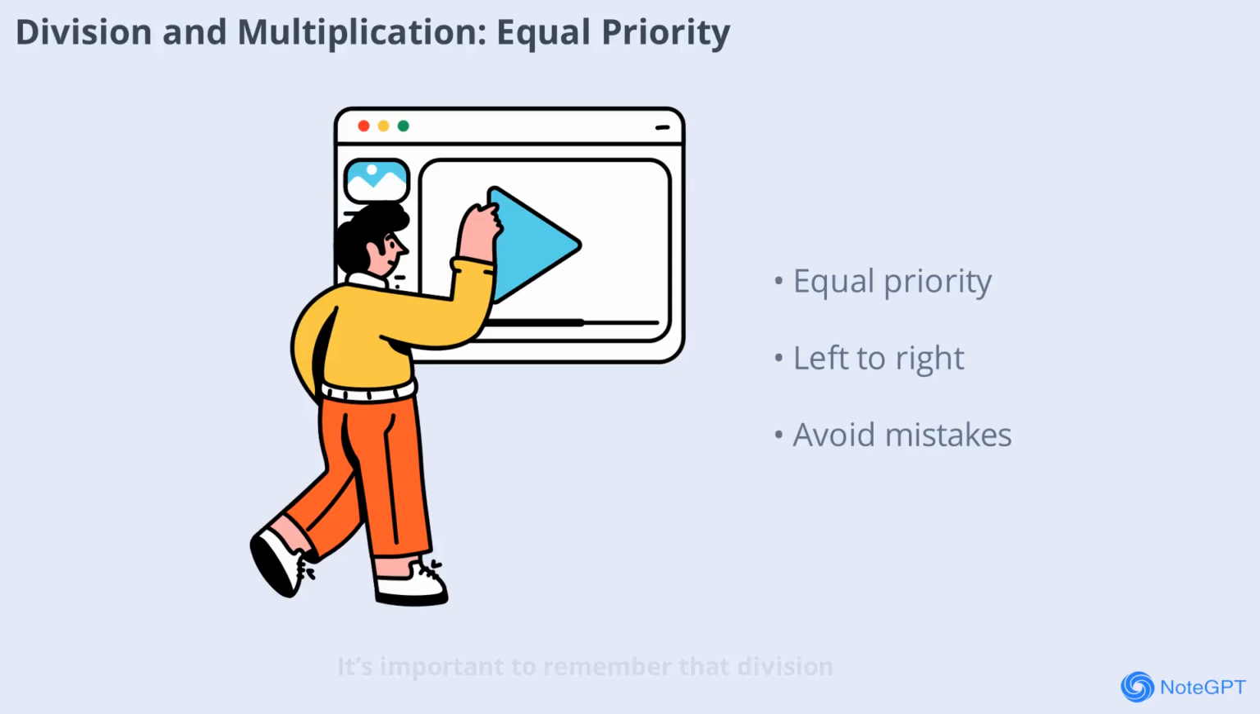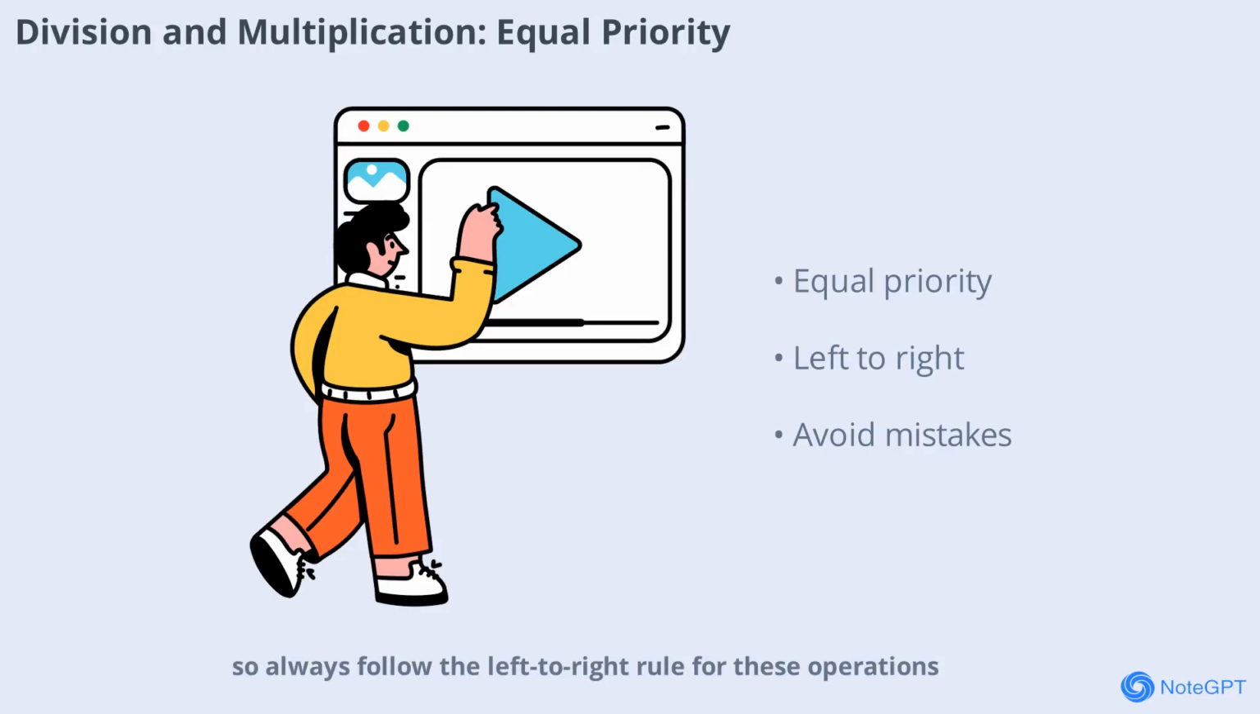It's important to remember that division and multiplication have equal priority in BODMAS. This means you don't always do multiplication before division. Instead, solve them as they appear from left to right. For example, in 16 divided by 4 times 2, divide 16 by 4 to get 4, then multiply by 2 to get 8. Mixing up the order can lead to incorrect answers, so always follow the left to right rule